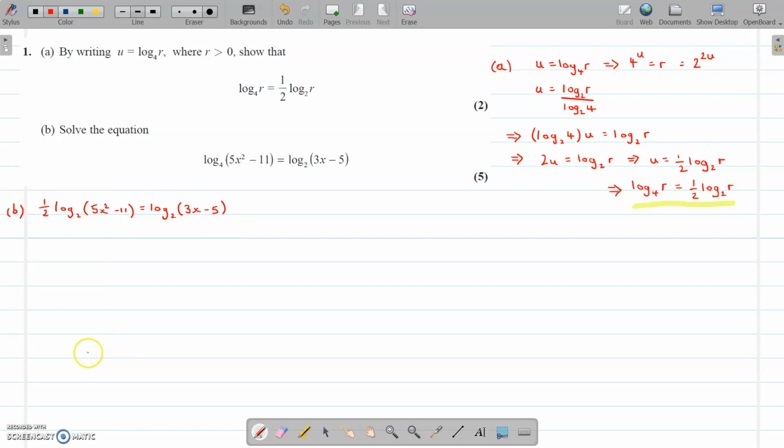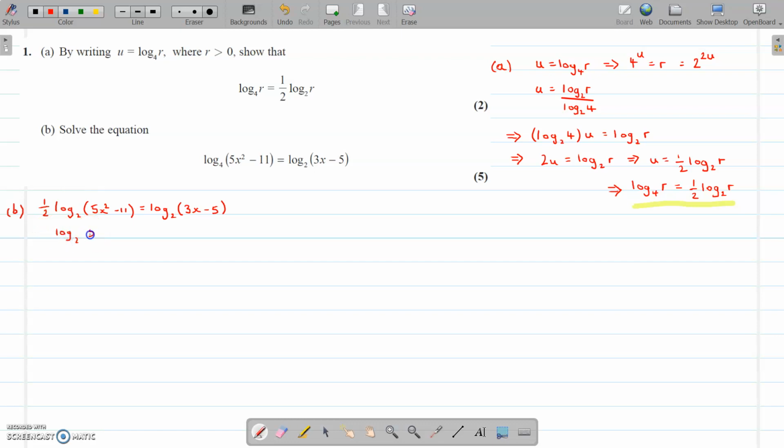Now, I can of course raise both sides. Well, I can take the logs out, but before I do that, I need to put the half over here to become the power. So strictly speaking, I'm just going to do this. I'll do this in 2 steps because really that's what you would need to do. So I'm going to write that log to base 2